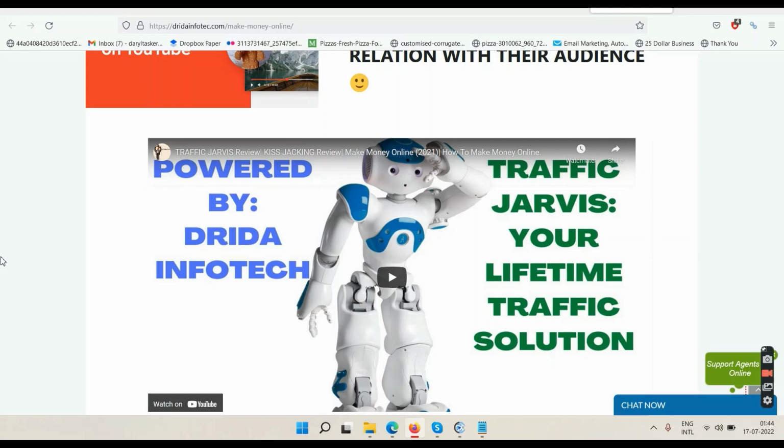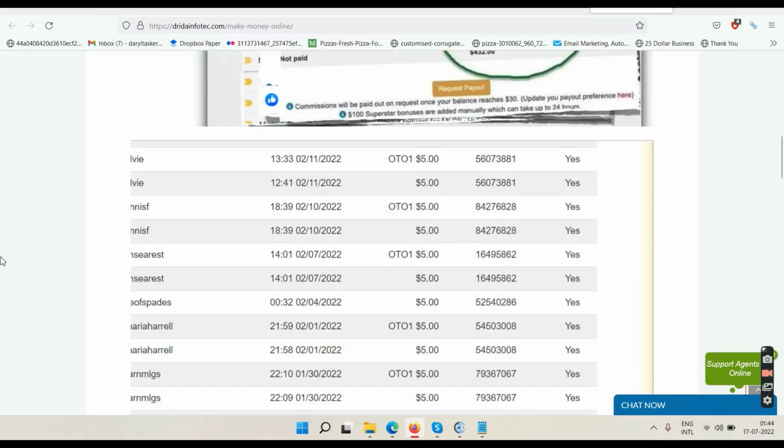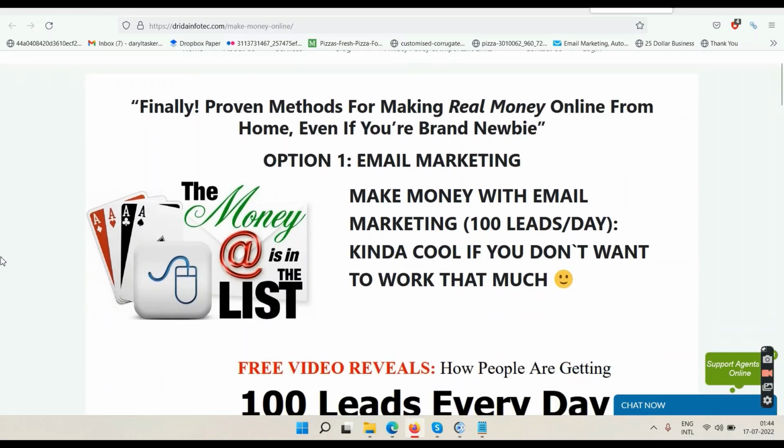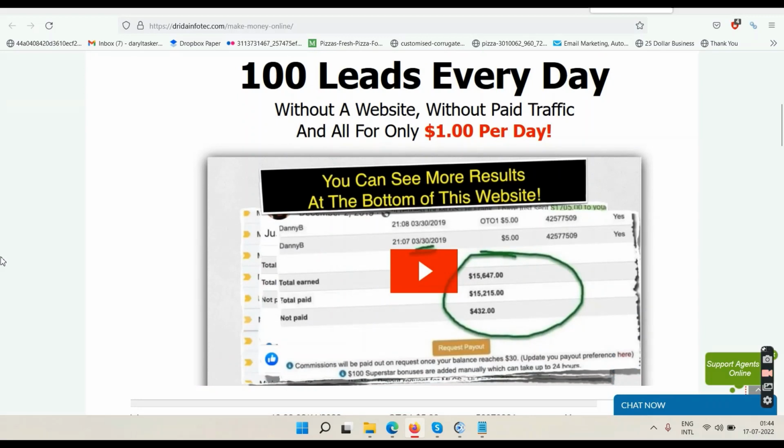Before I talk about Traffic Jarvis in detail, first let's talk about this email marketing method here. You can also make money with email marketing just by sending 1 email per day, but you need a lot of numbers. You need to have thousands and thousands of email addresses in your list, and only then can you go ahead and make some money with email marketing. So if you want to grow your email list without buying paid ads, then you can try this system which you see right now on the screen. This will give you 100 email leads from the US, Canada, Australia, and you will also be allowed to send emails to these leads once per day. So by the end of the month, in 30 days, you will have 3,000 leads minimum, and you will be able to send them emails 30 times in a month, right?